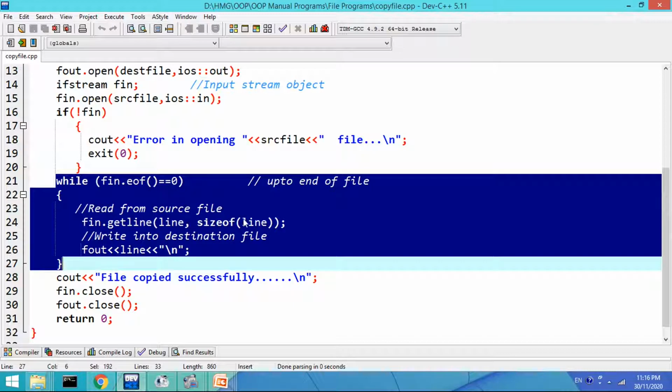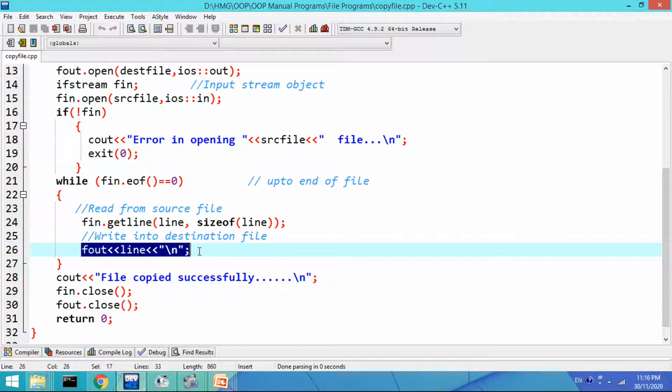Then it will read one line from the source file using the getline function. The getline member function is called using the fin stream object, and the line will be stored in the line array as per the size specified. The same line will be written into the destination file. Here the destination file is represented by the fout stream object, and at the end the new line character will be inserted.